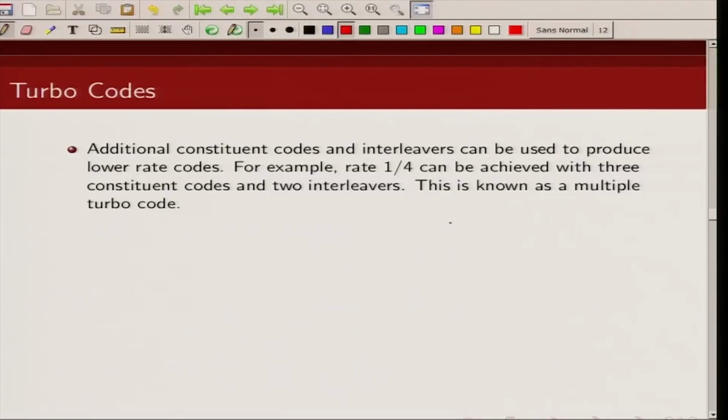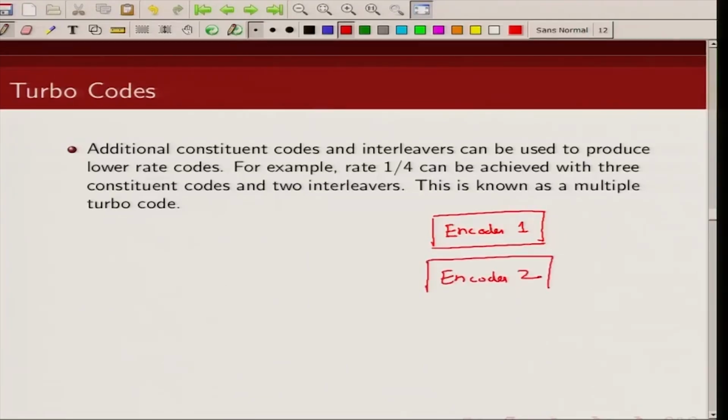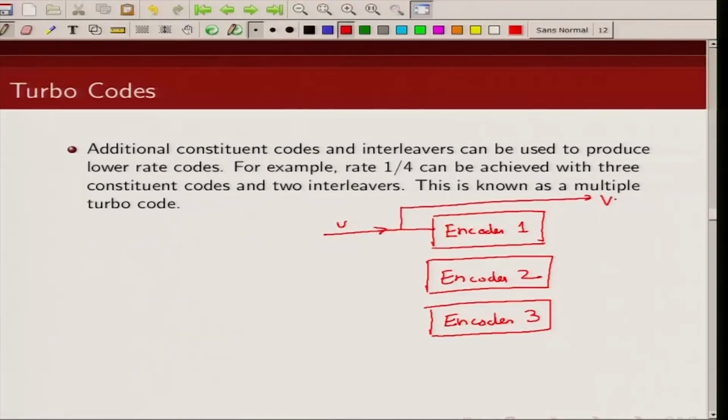So, I could have a situation, let us say I have encoder 1, encoder 2, and encoder 3, and what I can do is I can have information sequence coming in, let us say U. So, this is directly going out, this is V0, this is V1, and then I have interleaver which I am